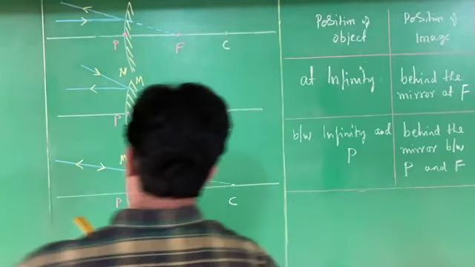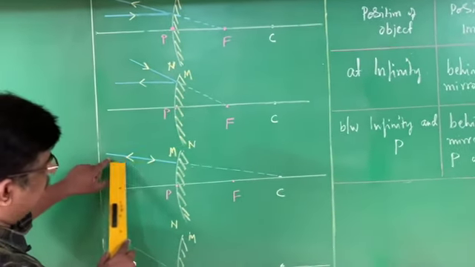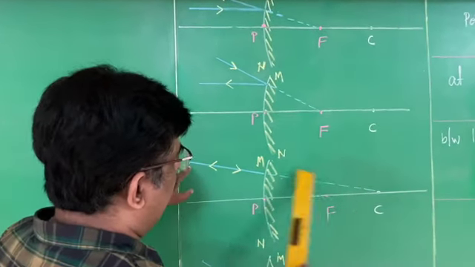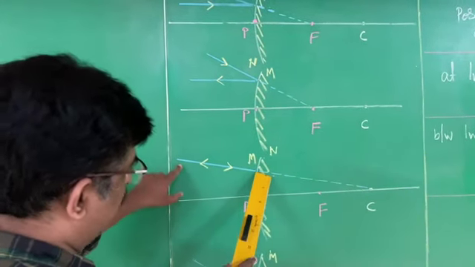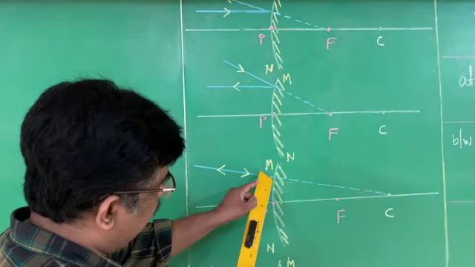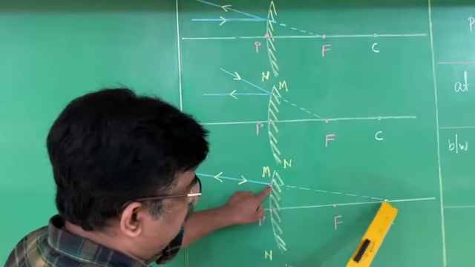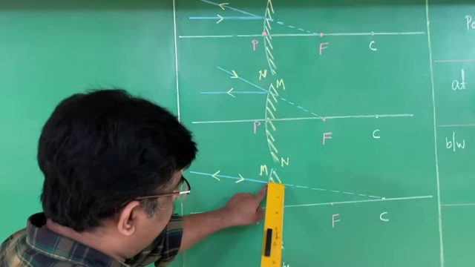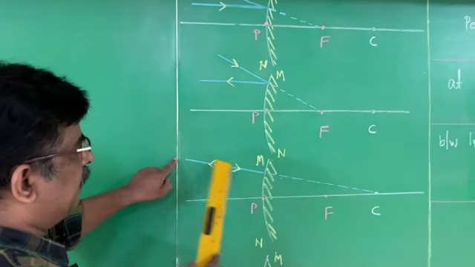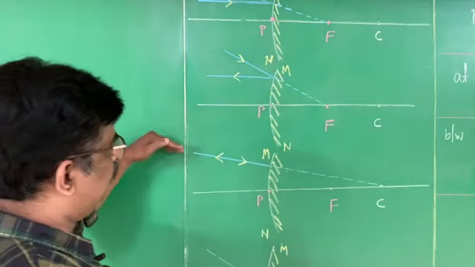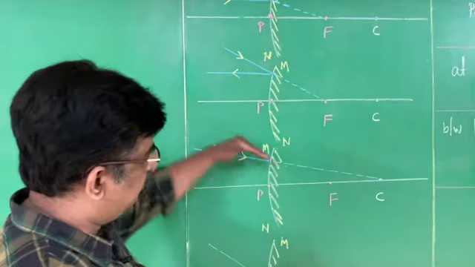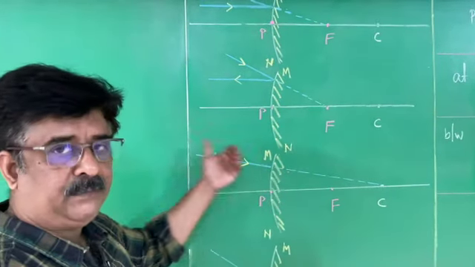Third condition is, the ray of light incident on the mirror, passing through the center of curvature, after the reflection follows the same path. When any ray which is incident to the mirror is going to pass through the center of curvature, after the reflection it follows the same path. Therefore, we can't distinguish which one is the incident ray and which one is the reflected ray, because both are the same ray but the directions are different. Incident ray is towards the mirror and the reflected ray is away from the mirror.